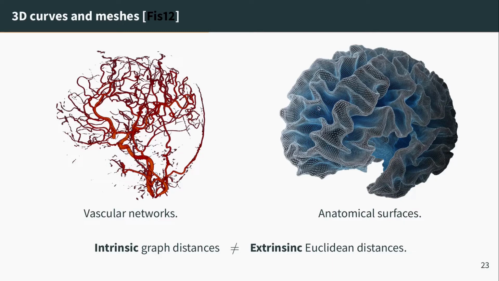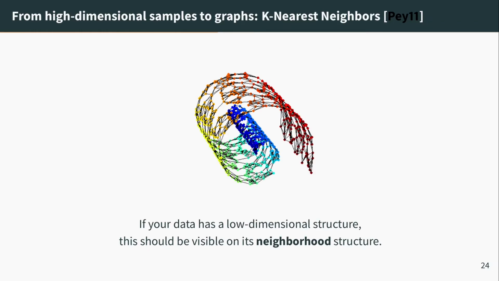And here, once again, you could just say that, okay, this is a 3D point cloud and this point is close to this one. But if you talk to neurologists, they are going to tell you that no, the distance that matters is the distance along the surface. Like if you want to segment the brain into meaningful anatomical regions, you have to take this distance into account. And so you have to think of this object more as a graph than as a 3D point cloud embedded in R3. So, like, those are all real graphs.